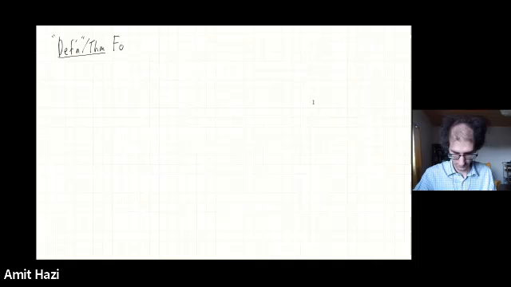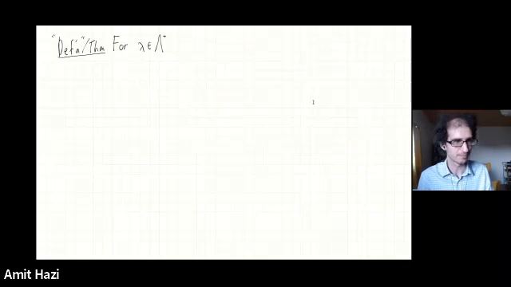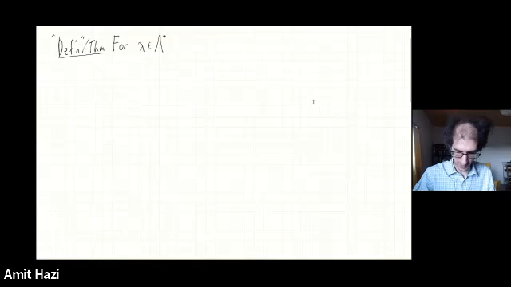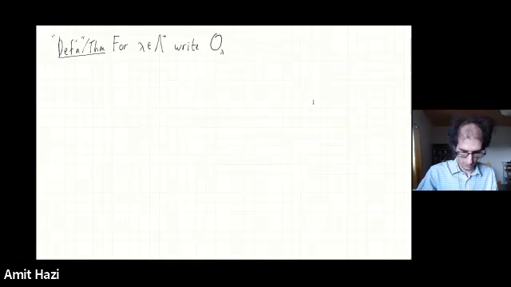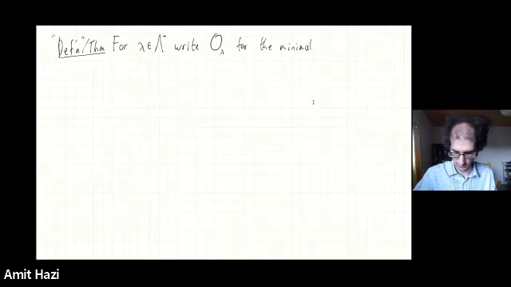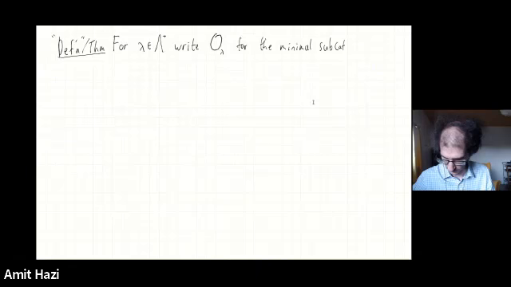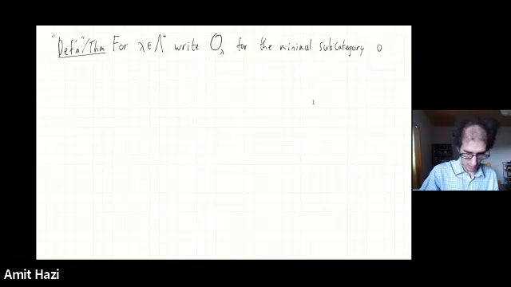Okay. So for lambda in lambda plus, in this restricted set of dominant integral weights, we are going to write calligraphic O subscript lambda for the minimal subcategory of